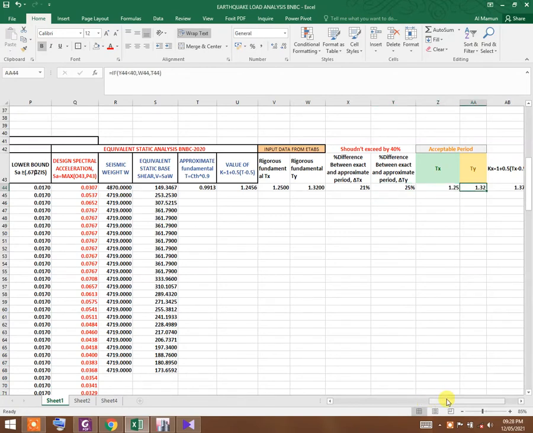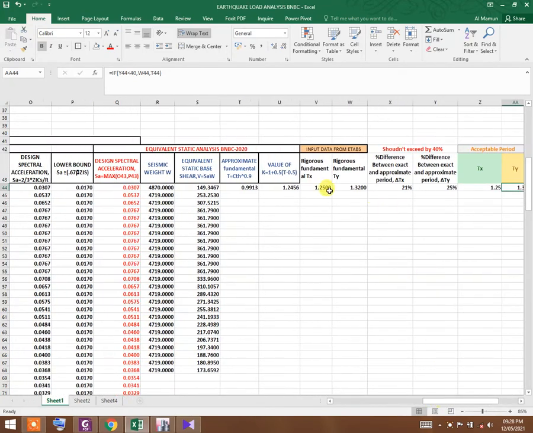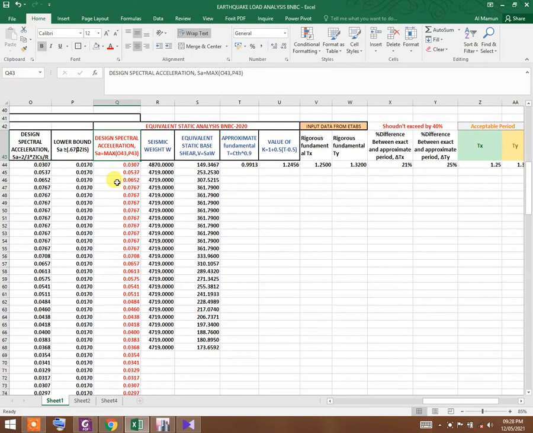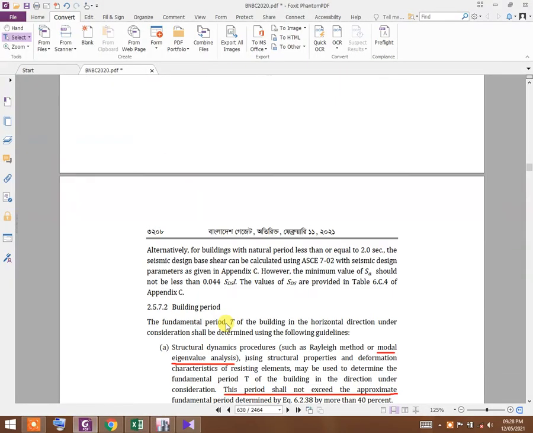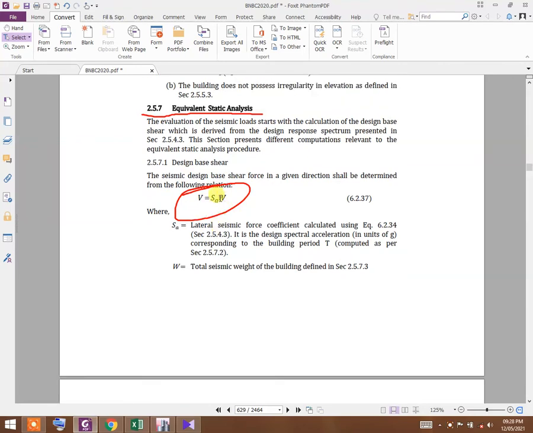Okay, now based on the building period, we have to determine the design spectral acceleration, SA. Let us go to BNBC. You see, the seismic design base shear force in a given direction shall be determined from the following relation: V equals SA W. What is SA?